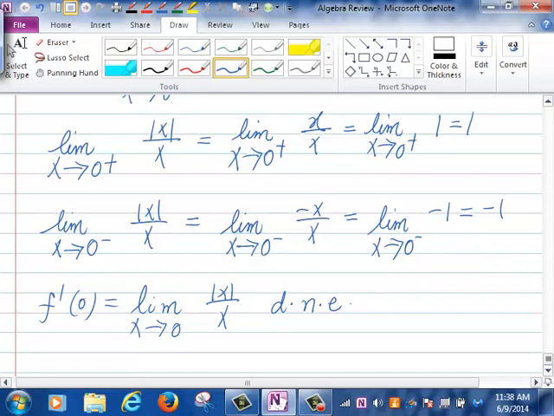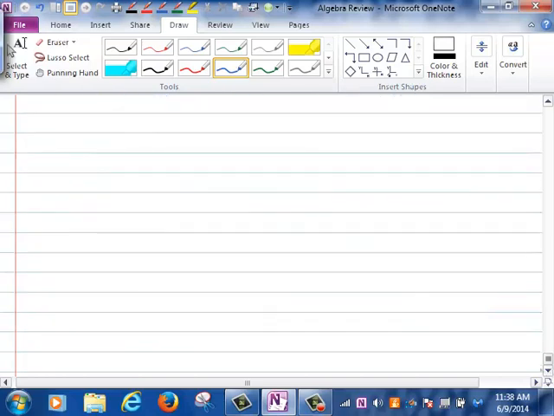Okay, let's look at another example. Let's take f of x to be x to the 1/3. And again, the question is, what's the derivative of f at 0? So notice that f prime of 0